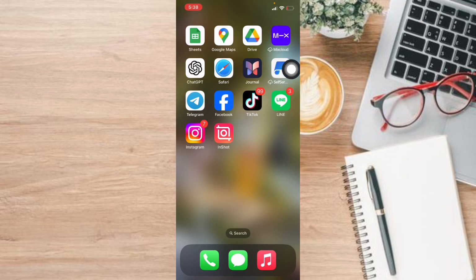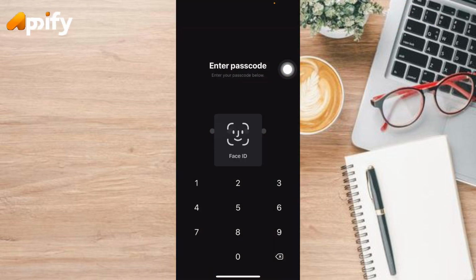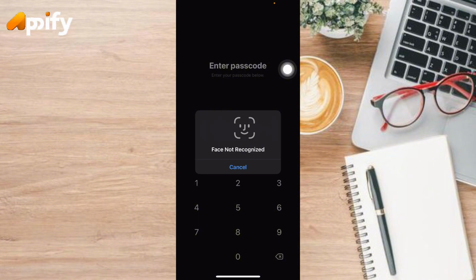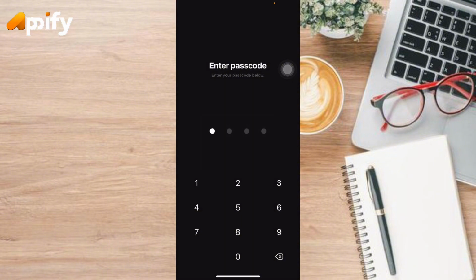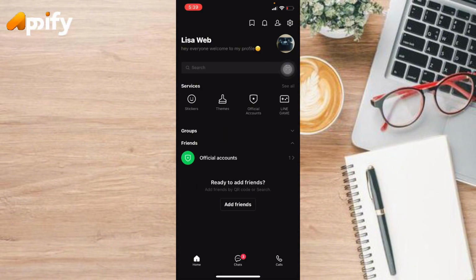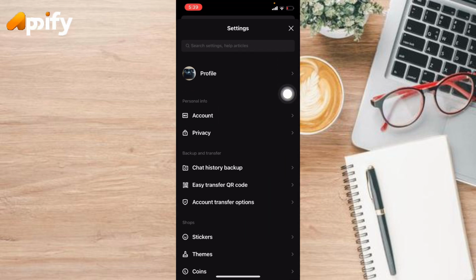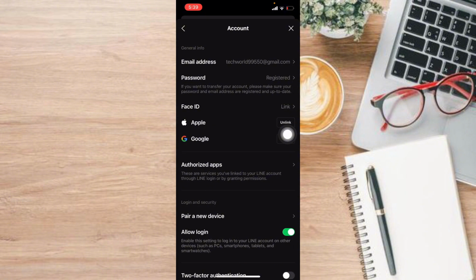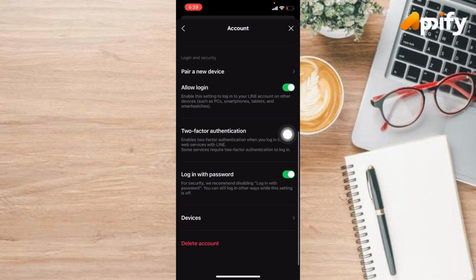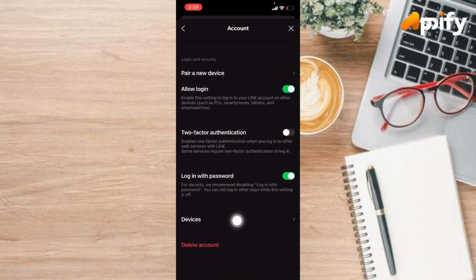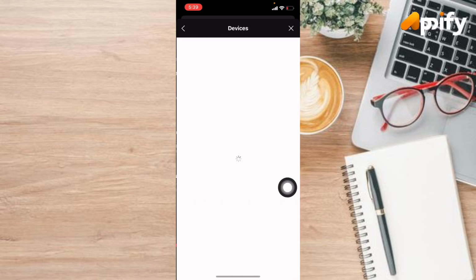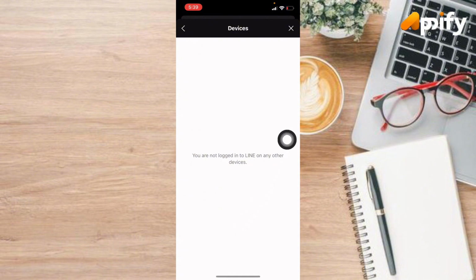First of all, open up the Line app. Here enter your passcode if you have set up a passcode. So this is your home page. Here tap on the gear icon on the top right corner. Next, tap on Account and here scroll down until you find Devices. Simply tap on it. Now, here you will see a list of device names where you have logged in